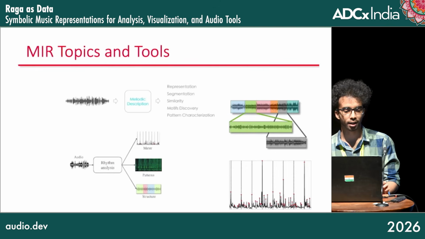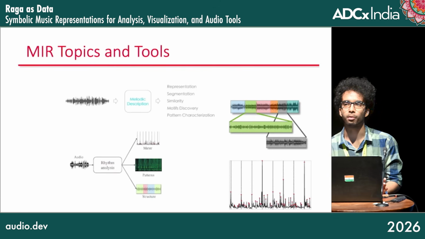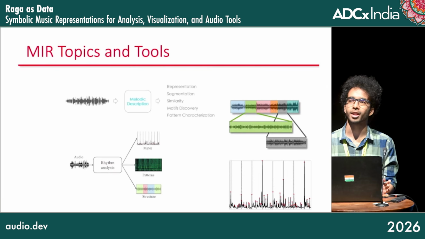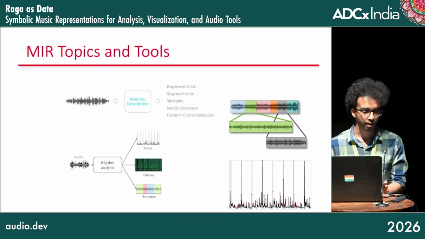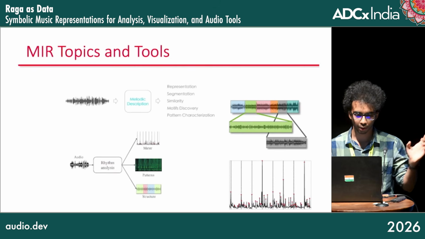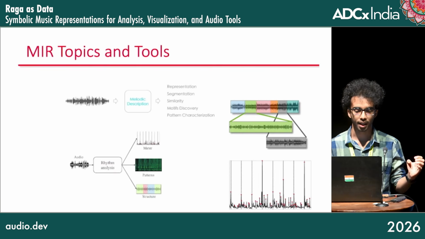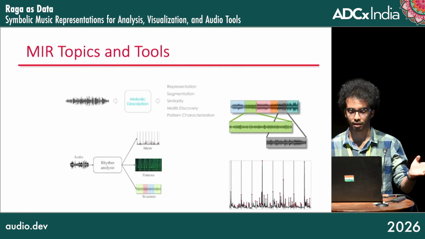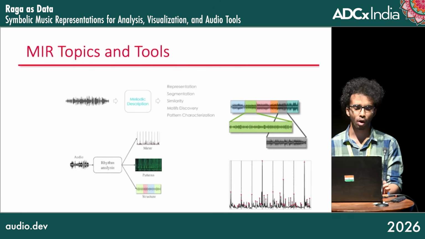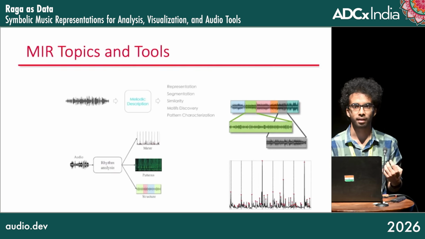Before going further, let's take a look at how music information retrieval typically works in an audio domain. I have borrowed this slide from Ajay's keynote from last year. So most MIR pipelines start with audio and then try to extract structure from it. In the top, you can see for melody, we try to derive melodic descriptions like segmentation, similarity, and motif discovery. And in rhythm also, we try to extract meter patterns and high-level structure. The common pattern here is we start with a continuous signal and try to rediscover discrete structured information behind it.